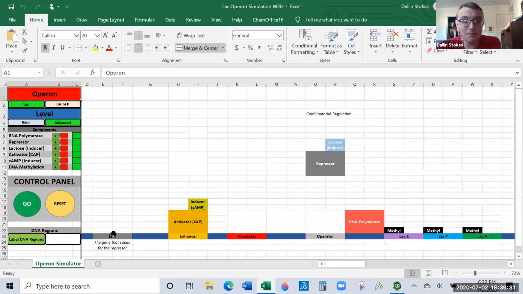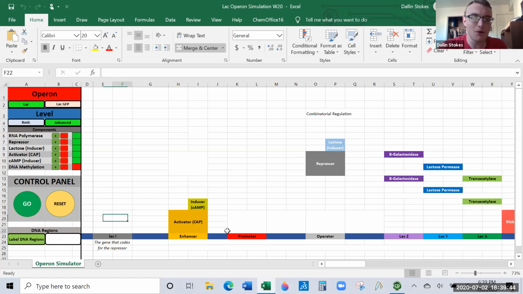If you methylate the LacI gene, that means it will be permanently repressed, so it won't make the repressor. So that means this will be permanently turned on. So for example, if we take away that one, but we methylate this one, and remember the LacI was supposed to make the repressor, and if it's methylated, it's not going to make the repressor. So that means there's nothing to ever turn this gene off. And so we'll constantly make it.